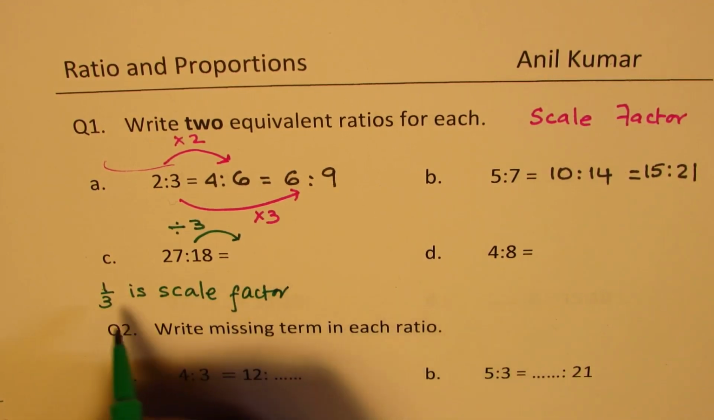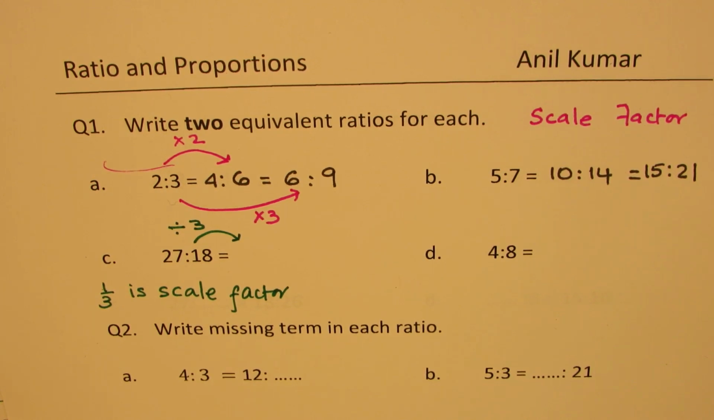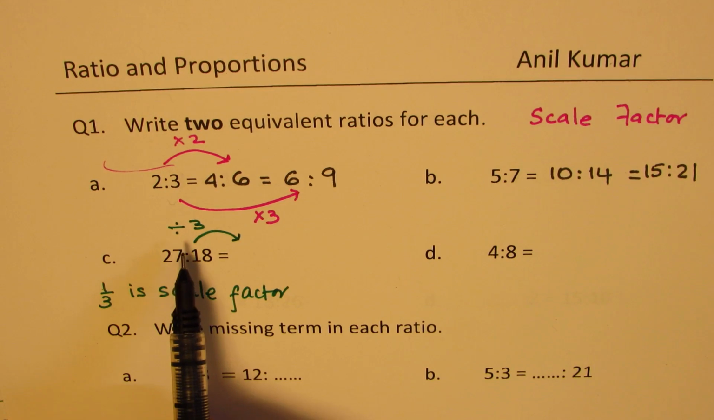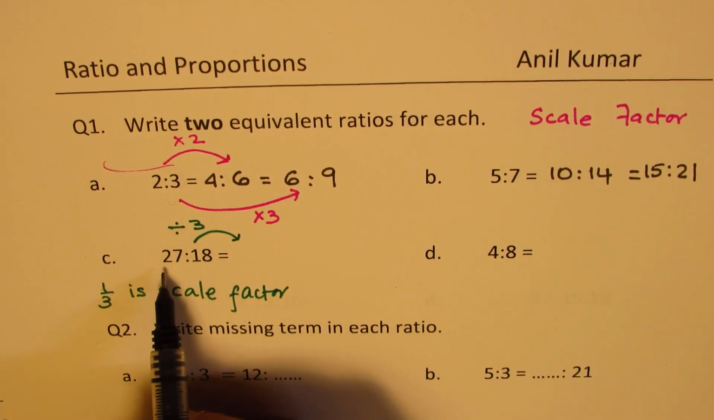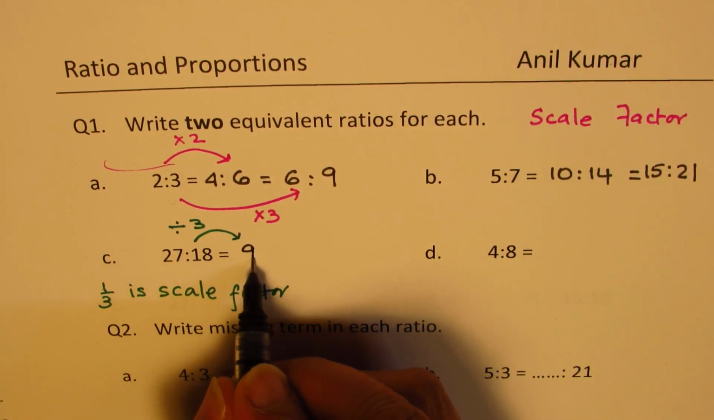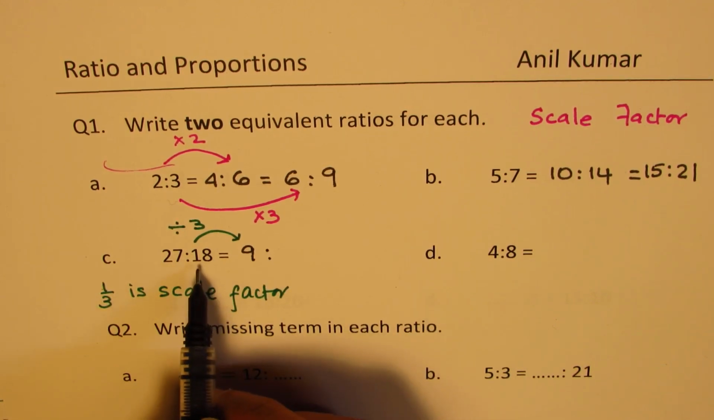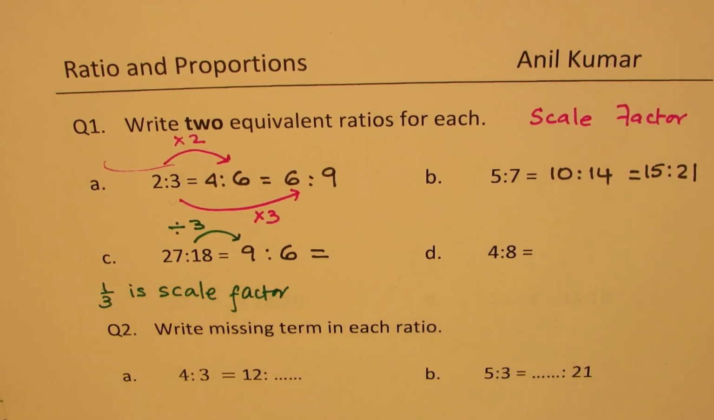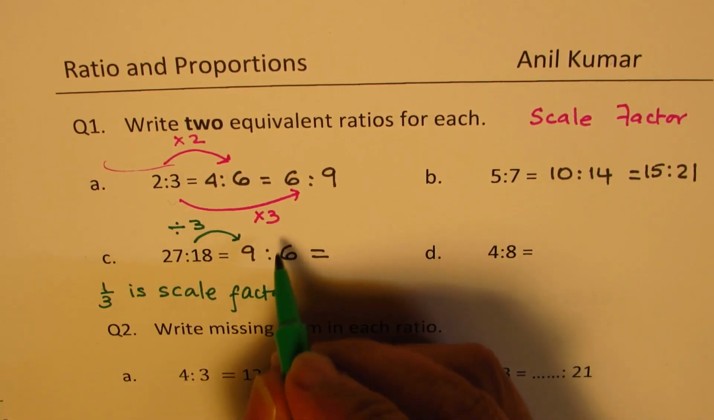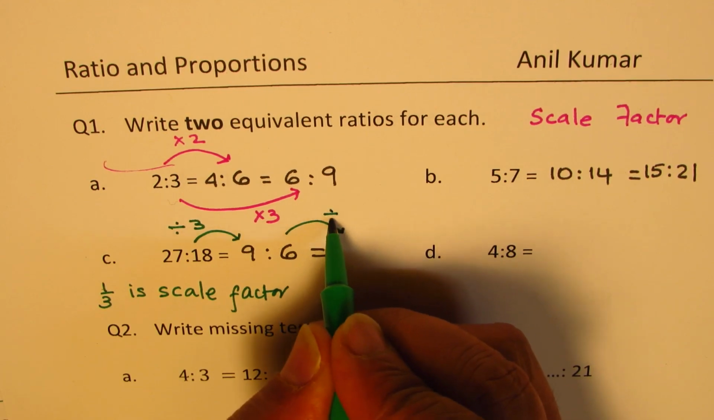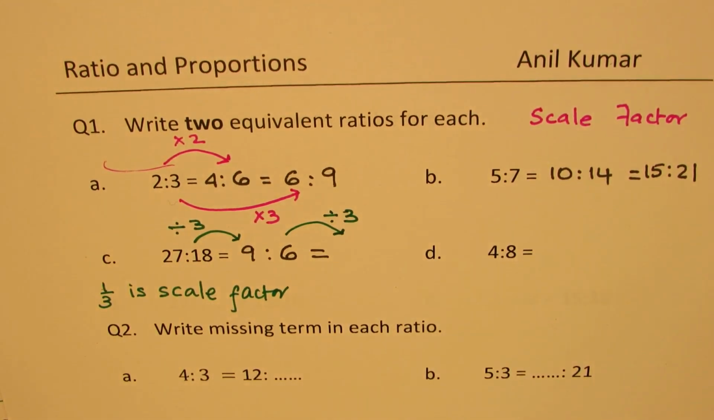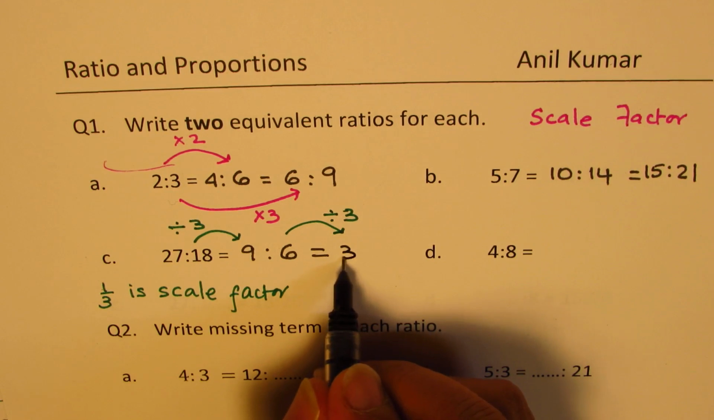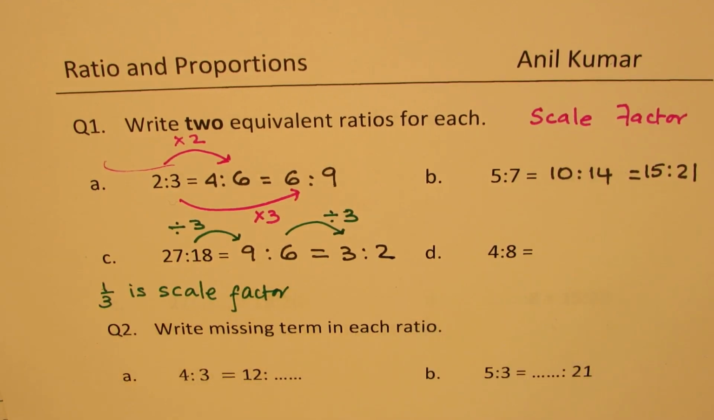Clear? So the scale factor could be less than 1. It could be a fraction. So you're multiplying by 1 over 3, which is as good as dividing by 3. When you divide 27 by 3, you get 9, right? And dividing 18 by 3, you get 6. Now you can again divide by 3, to get the next one. We can again divide by 3, and we get 3 times 3 is 9, 3 times 2. You get the idea, right? So that is how you can get